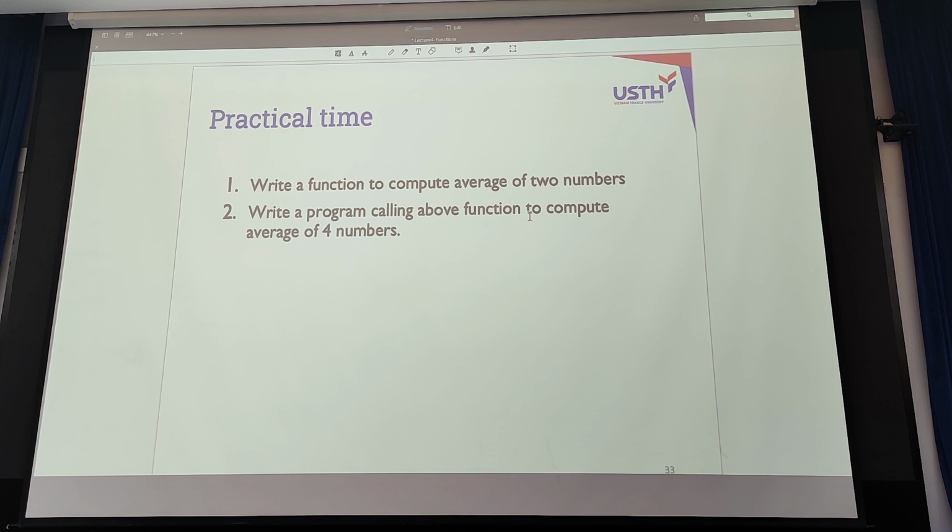Any questions? If you have questions, feel free to ask. You can ask in Vietnamese. Right? Feel free to ask. Utilize the practical time. Talking about programming takes time, because it's a skill. Building skills takes time.